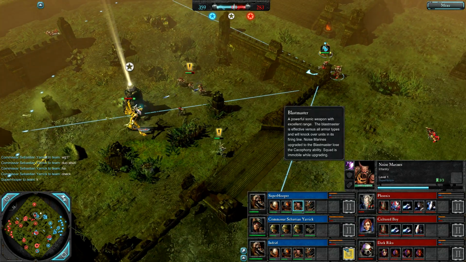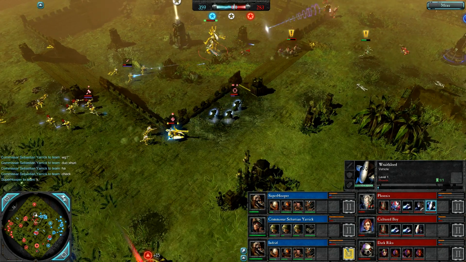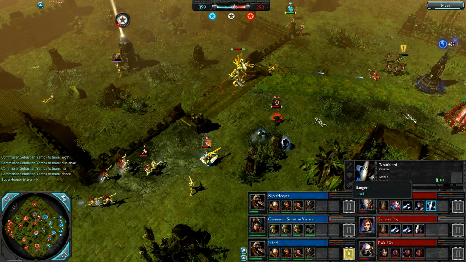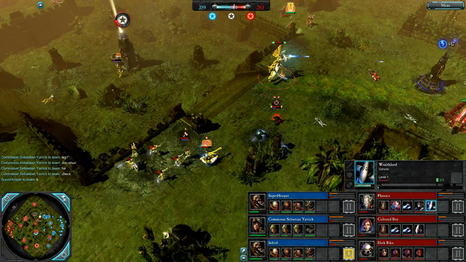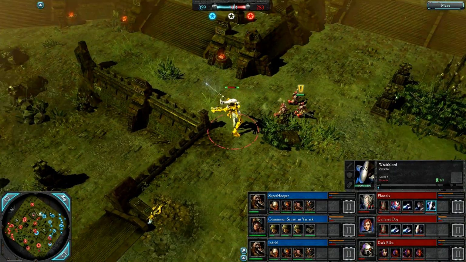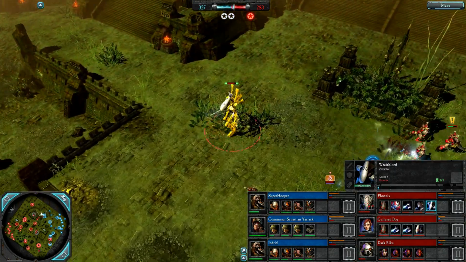Noise Marines with the Blastmaster getting shots in, but we do have a Wraith Lord top from Phoenix, and it's a pretty good army here, very versatile. Has Howling Banshees, Guardian Weapon Team, Rangers, and that Wraith Lord stomping around, which now of course has the melee resistance aura. So you want to take this thing down from range, bang. Splash damage from that huge